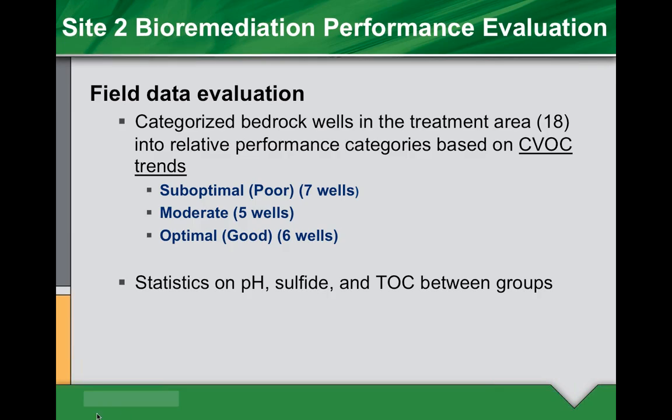So for example, we have a suboptimal performance group, which consisted of 7 wells. We had a moderate performing well group consisting of 5 wells, and a good or more optimal situation comprised of 6 wells. And then we compared the pH, sulfide, and TOC concentrations between these wells. And if we go ahead and move to the next slide,